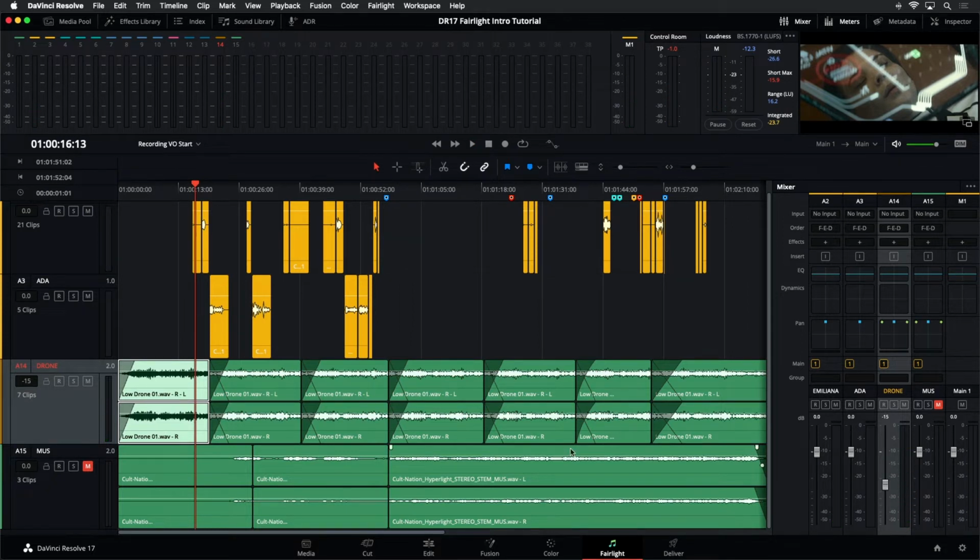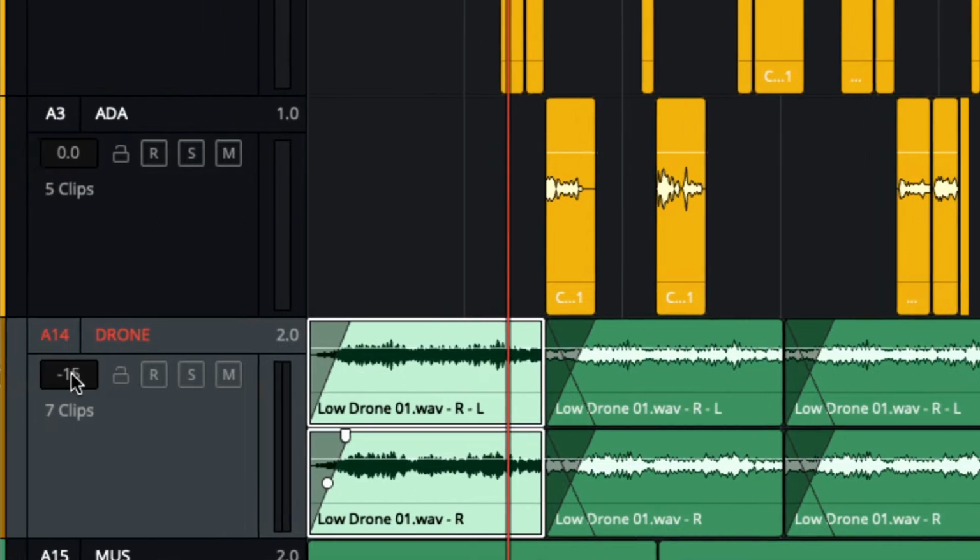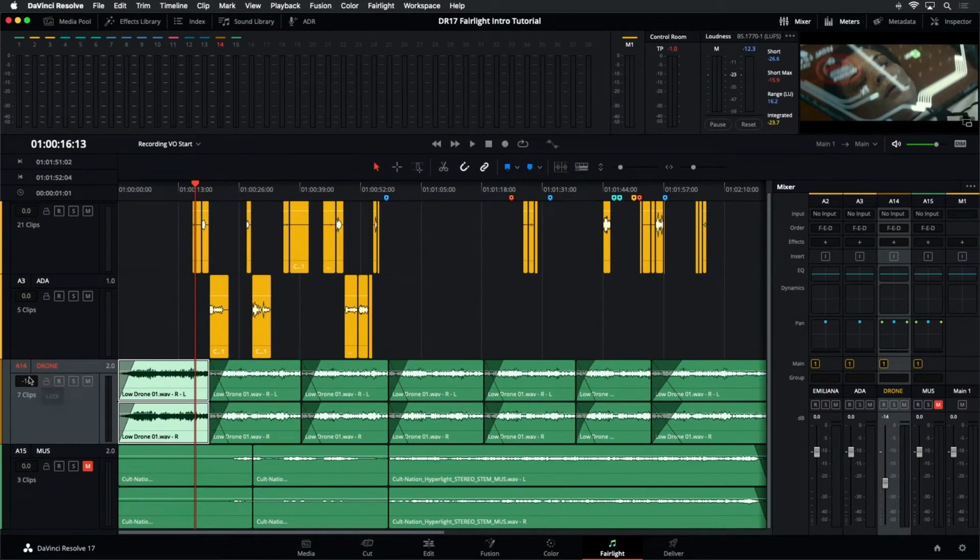You can also do that right here on the track header itself, even if the mixer isn't showing, by just dragging in this field. If you look, you can see this field on the left-hand side. There it shows the level of the track at this moment. I can raise or lower that relative to what it was before. I'm going to zoom out and I'll show you as I drag this up and down. Notice the fader